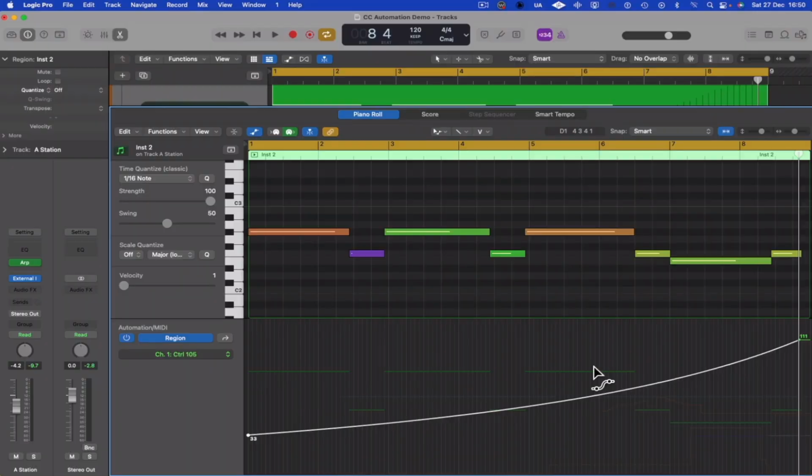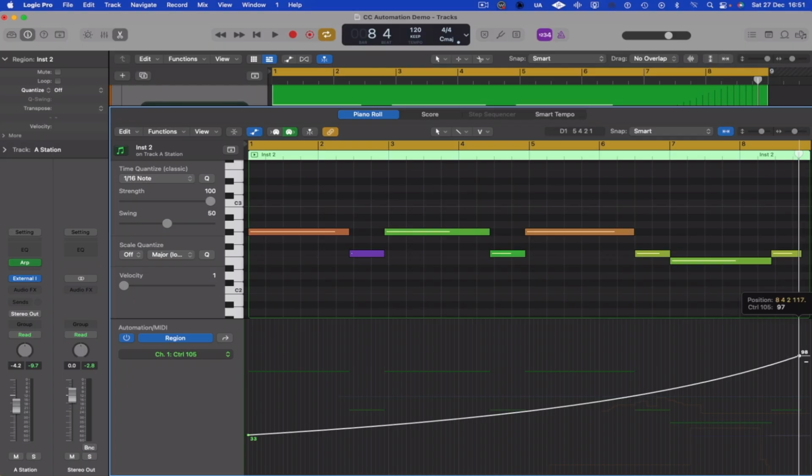Gone a little bit too far there, gone too high. The cutoff is really kind of messed up, so it took it too high. I'm going to pull that back until we get that right. So let's get to our pointer tool here. Let's just pull this node down, but you can hear how it filtered up. So that message there, that CC data, is now sending back out through my system, through my MIDI external MIDI device,